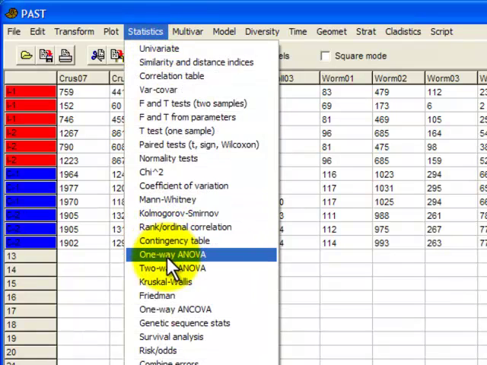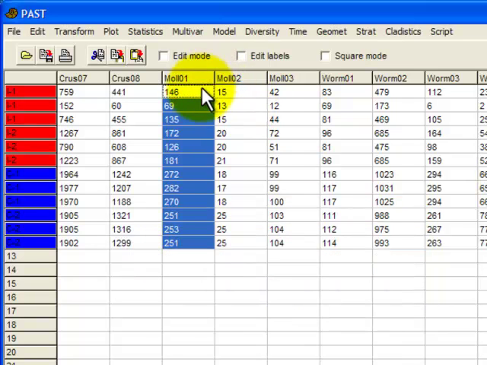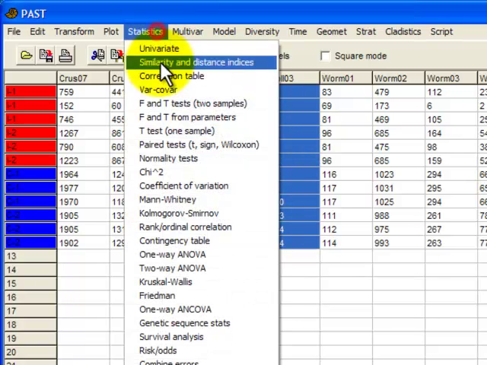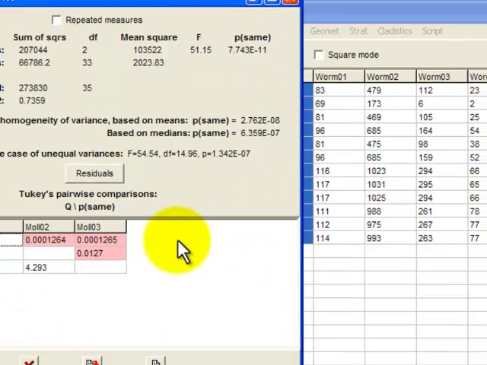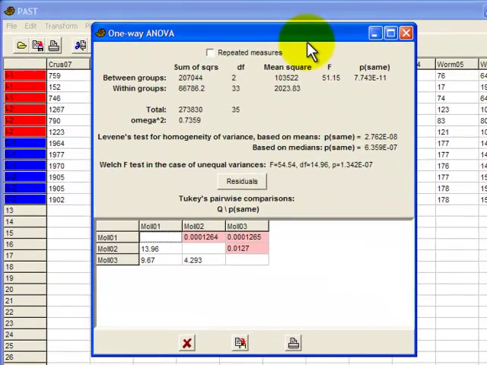Stat, OneWay, need at least 2 columns. Okay, well, what's going to happen if I take all the 3 mollusks? OneWay again. Okay, now it's done an analysis. And it's a standard 1 factor analysis of variance up here: sum of squares, degrees of freedom, mean square, and F. The p-value here is